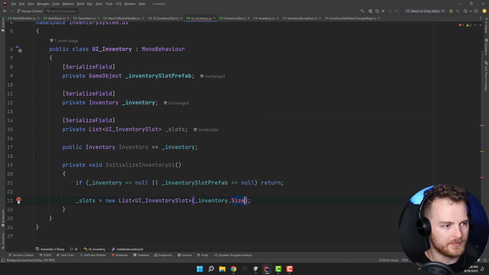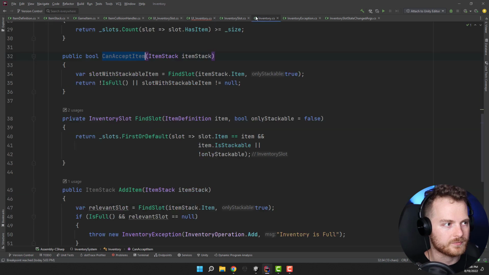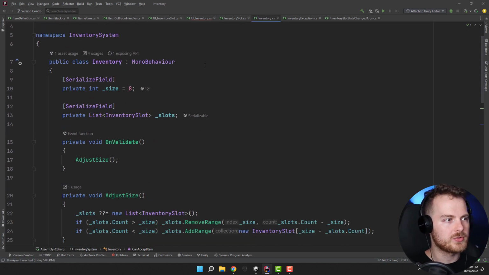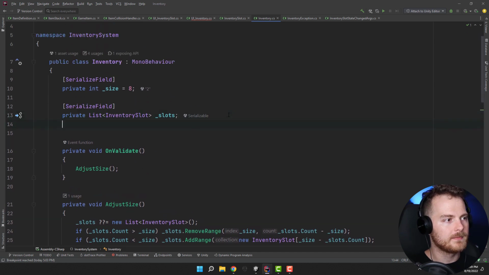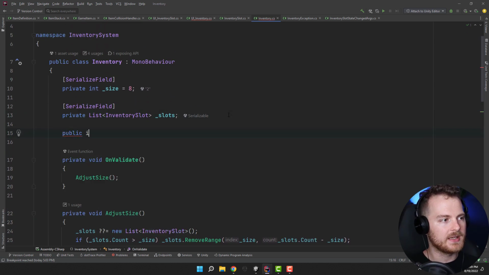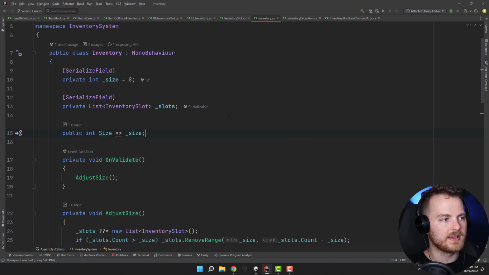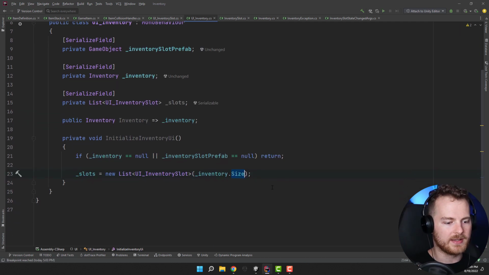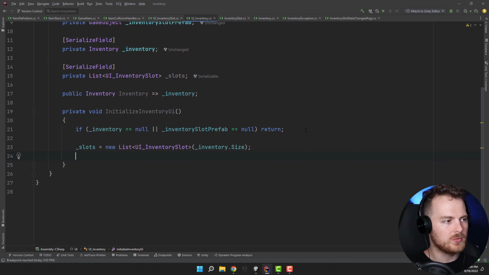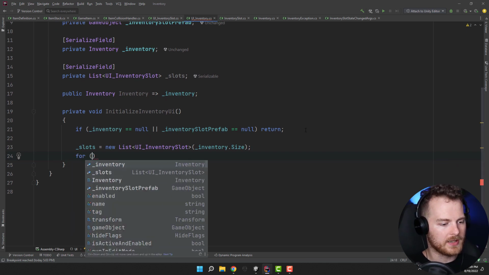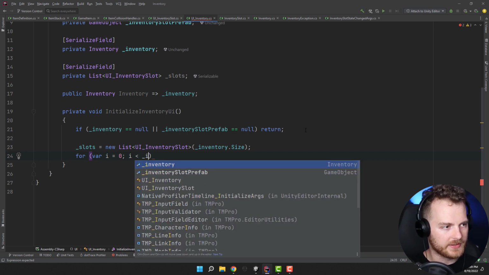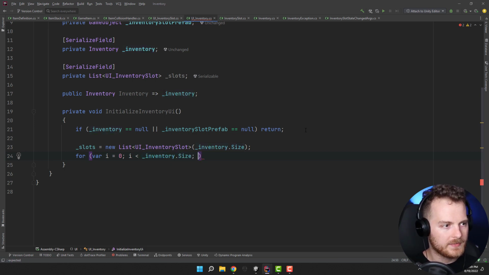I see that we don't expose the size apparently. So let's go there and check that. Looks like that's true. So over here, let's just go public int size, done, beautiful. So we go back to UI inventory, and now we have size, awesome. Now we loop, depending on the size of the inventory, of course. So we do that, and then